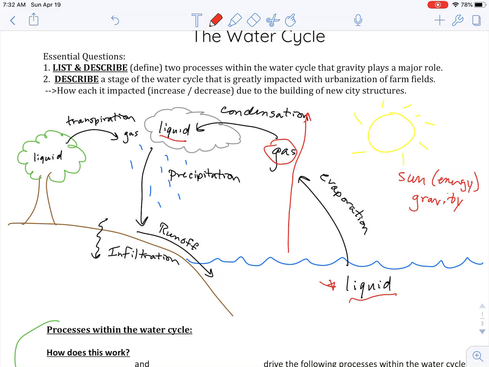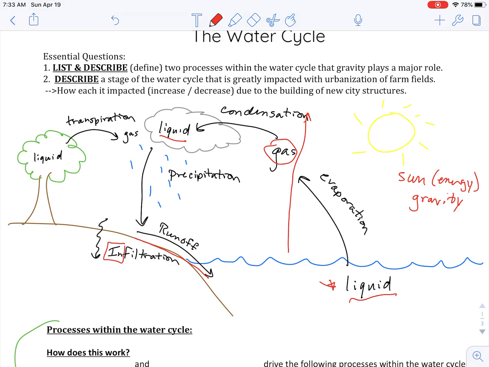Okay, from there, three processes are completely driven by gravity. Eventually that liquid water in the clouds gets too heavy to stay up in the atmosphere, and we get precipitation. Okay, gravity pulling that liquid down back to the surface. Okay, from there, once it hits the surface, it has two choices. You've got runoff. Again, runoff is dealing with gravity, so pulling water from high areas to low areas. The thing to remember here is that runoff is completely on the surface, okay? Runoff, surface, whereas the other gravity-driven process is this process of infiltration, right?